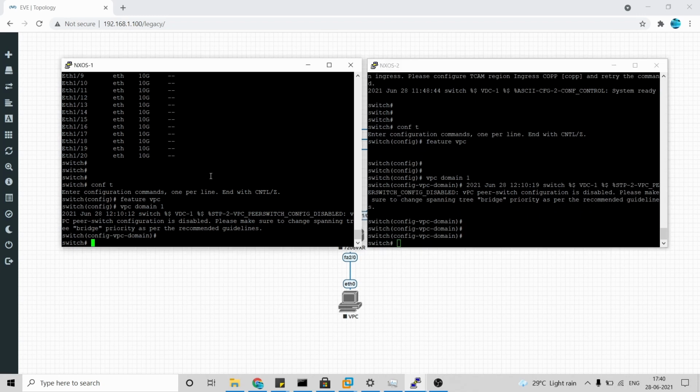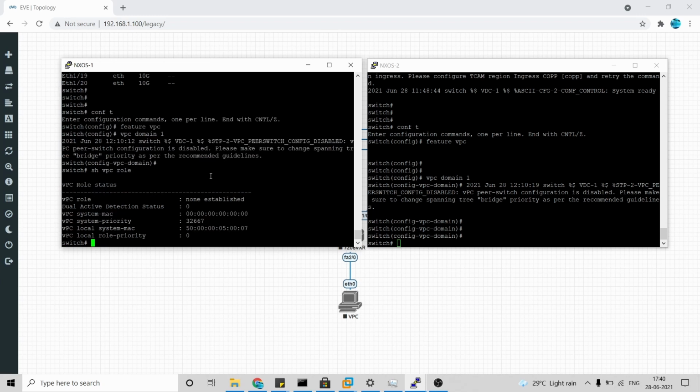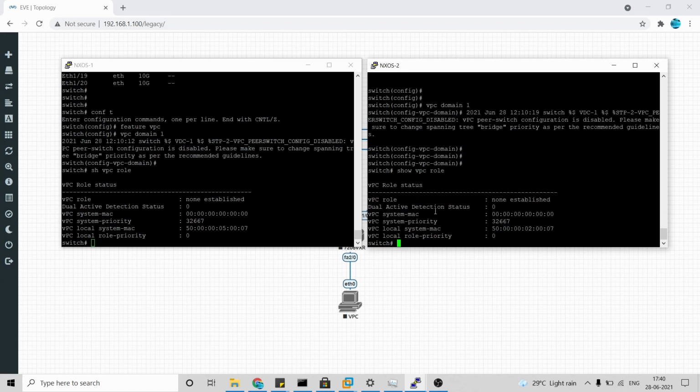We haven't finalized what is primary and secondary yet, so I'll just show the VPC role. We see here the VPC is configured, but it is not established. The same should be here. Okay, so this is done.